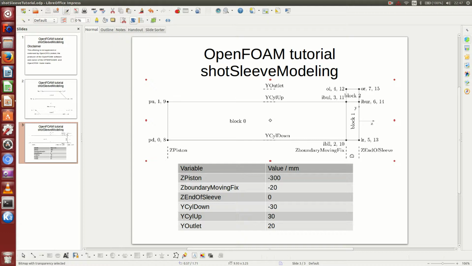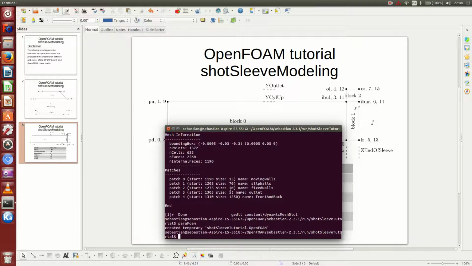Hello, welcome back. This is my third video as part of the OpenFOAM tutorial on shotSleeveModeling. In part 2 of this video series I've gotten as far as constructing the mesh for a geometry just like the one you see in this figure, and now I'm going to show you how we can actually make this geometry move. For this purpose we can go back to our terminal and address the most important file for